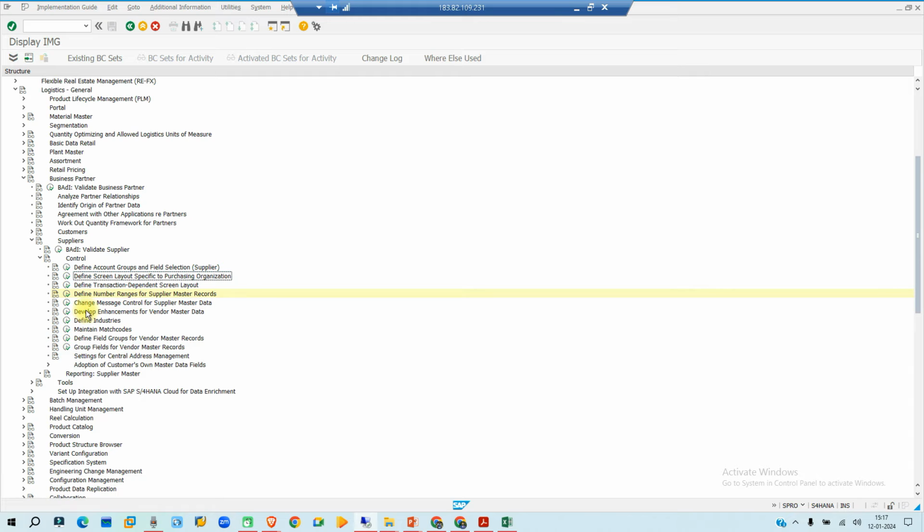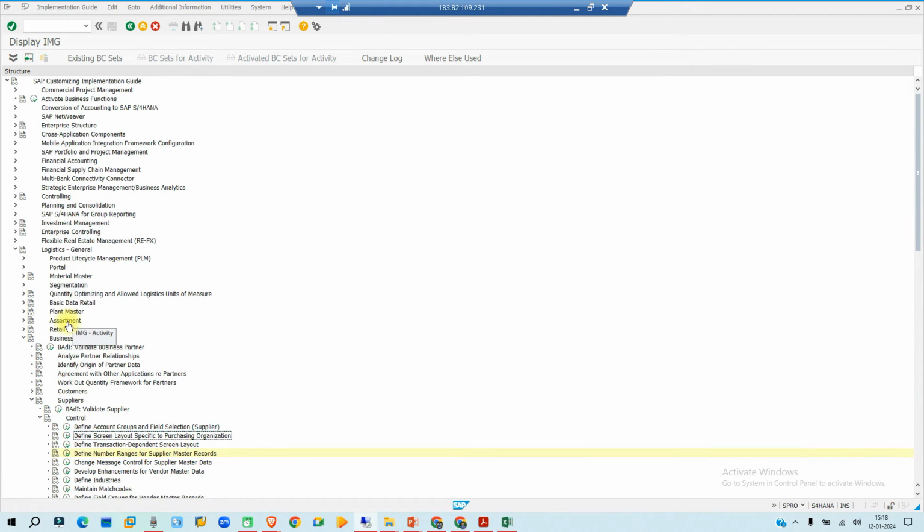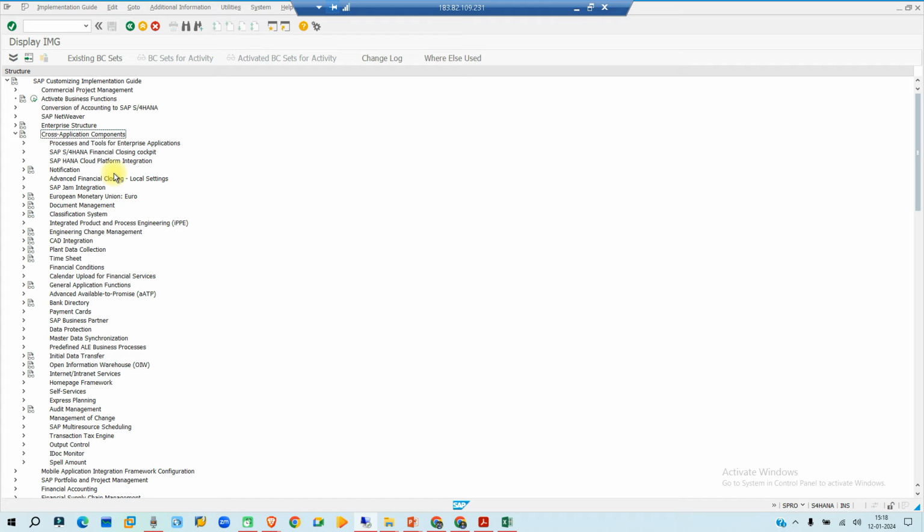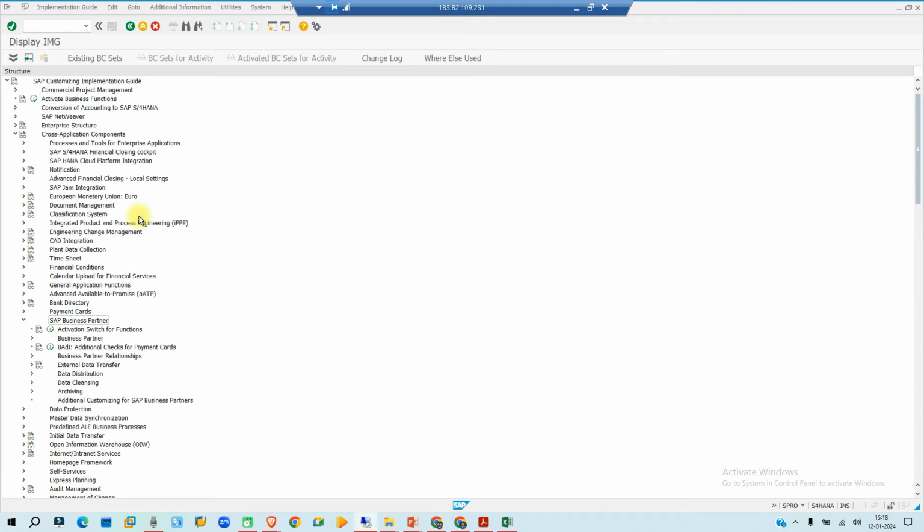Now what is changed in S4HANA? In S4HANA again you have to do the BP configuration. So where can you do that? You can go to the top. Here you have cross application components. Okay, remember this is cross application components. So here we have one business partner under logistics general, and you will have one business partner under the cross application component. If we expand this one, now here you can see there is SAP business partner. If you expand this one,